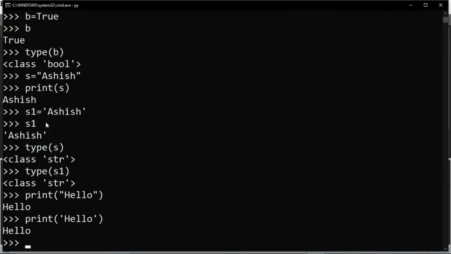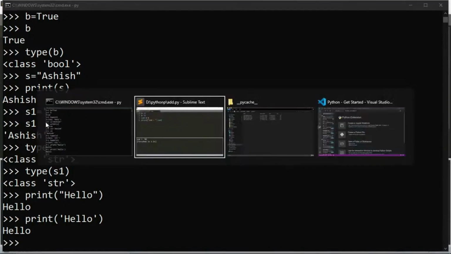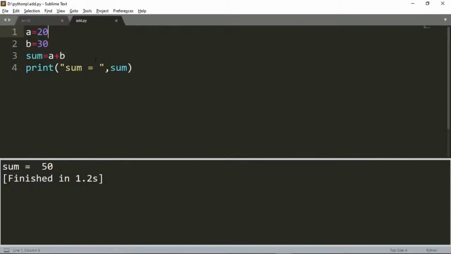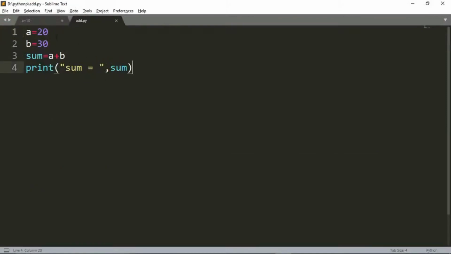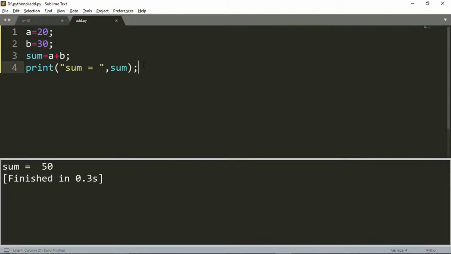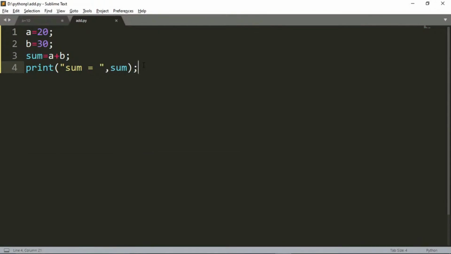Similarly, one of the great advantages in Python for people coming from C, C++ and Java is that no error will be there for the semicolon. Let me show. You can mention the semicolon. Suppose I have knowledge of C, C++, and by mistake I have put a semicolon after this statement. No error will be there after compilation, and it will print. Semicolon is also supported, but if I do not write a semicolon, that is fine too. It is not compulsory to mention the semicolon after a statement in Python.